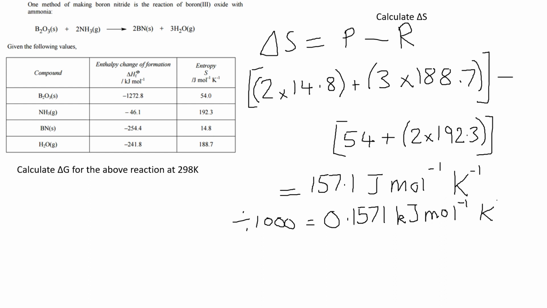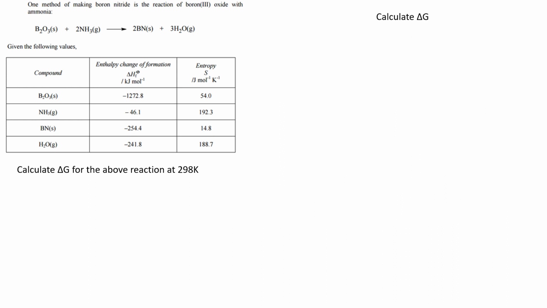Don't round anything really until the end. And now we're in a position where we can start plugging our numbers back into our delta G equation. So we need to remember delta G equals delta H minus T delta S, where delta H was